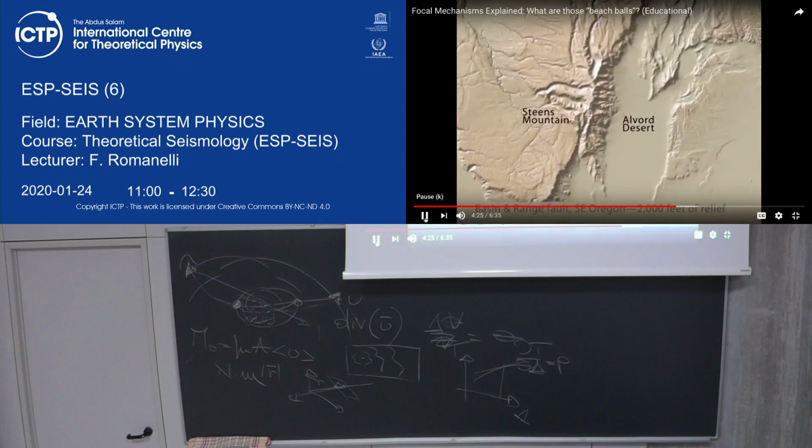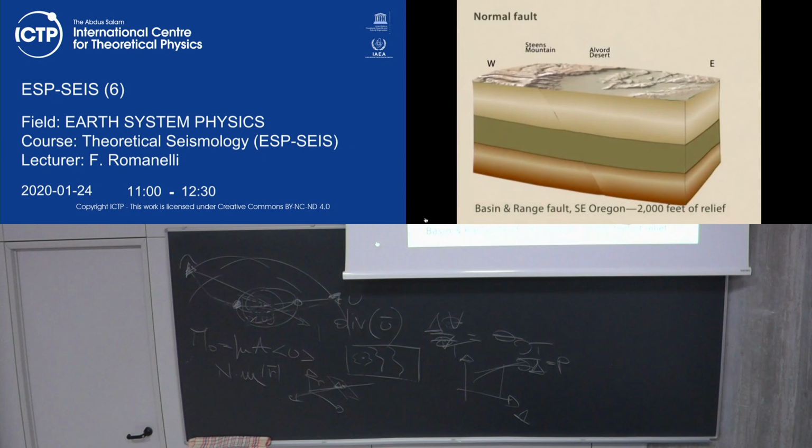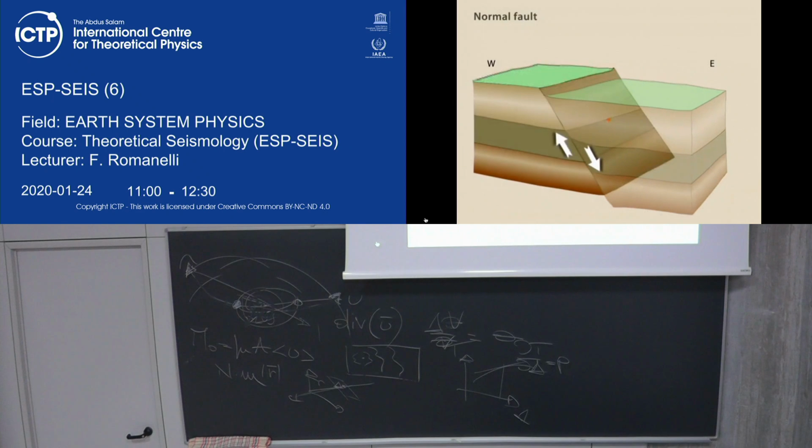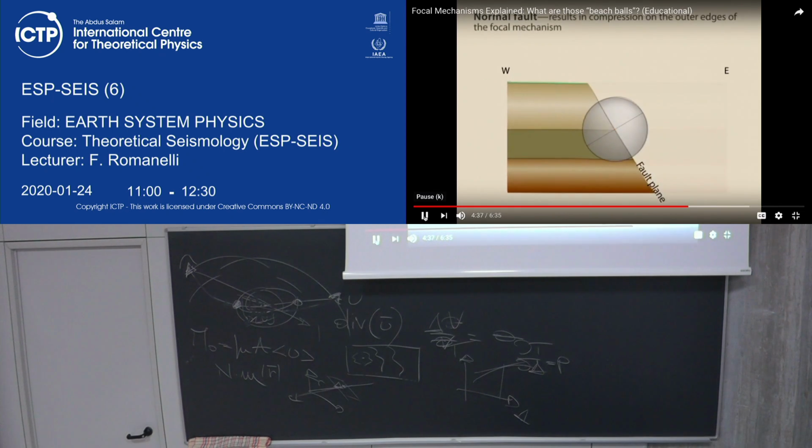Dilatations that result from an earthquake on a normal fault on the east side of Steens Mountains in the Basin and Range Province. The block on the east side of this fault has dropped down with respect to the block on the west. So, strike, dip, and rake. Viewed in cross-section,